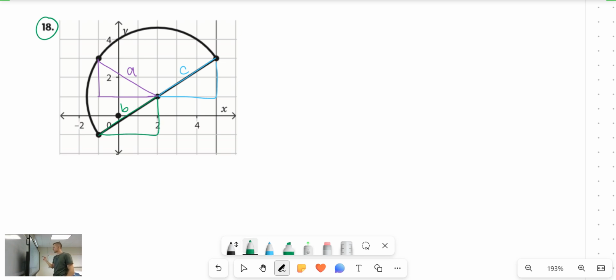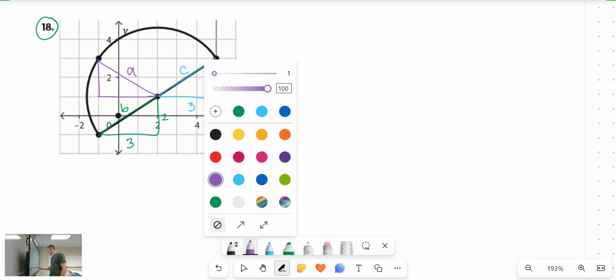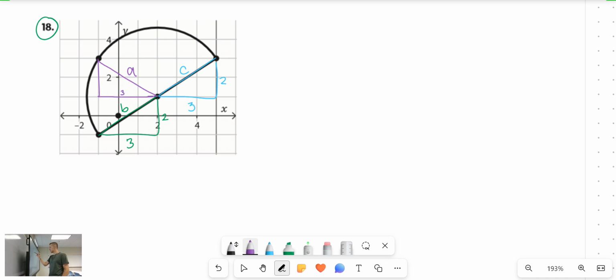Let's start figuring. So this is going to be a 3 and this is 2 high. This is a 3 and this is 2 high. And finally this, oops, sorry, not in purple. This is 3 across and 2 high. So if all of those triangles have the same legs, we know that the distance for A, B, and C are all going to be the same. So let's just stay in our purple, that's fine. But we know that A equals B equals C